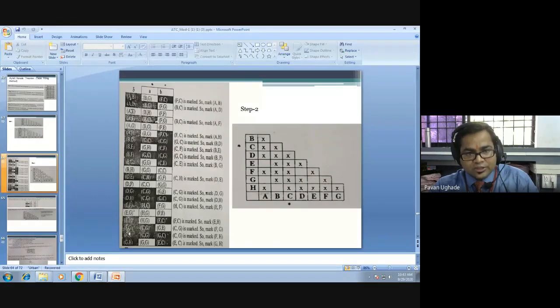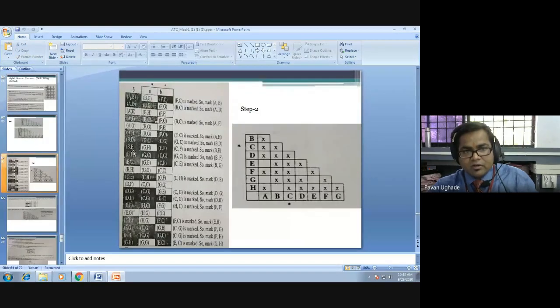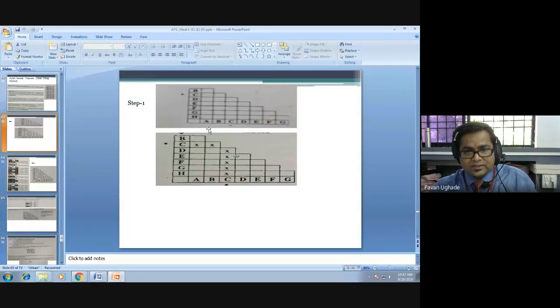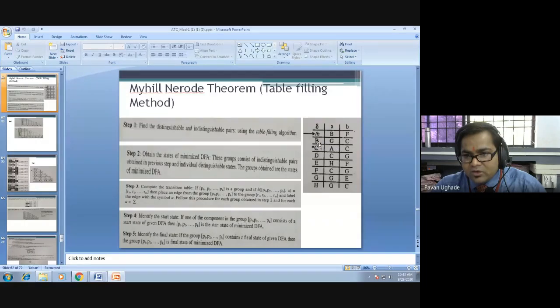Can you draw a table like this over A and B? I think it is very simple, right? You will have a table. This was the question given to you. Can you draw this transition table for all the possible combinations A, B, and all the entries which are kept blank in this table? Say, I'll explain, don't worry. AB over A, where does it go? BG, right? AB over B, where does it go? CF.